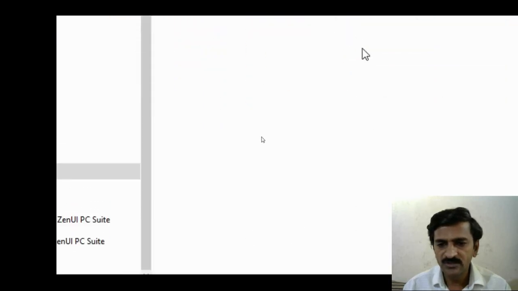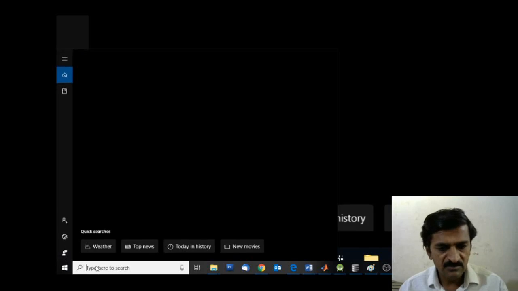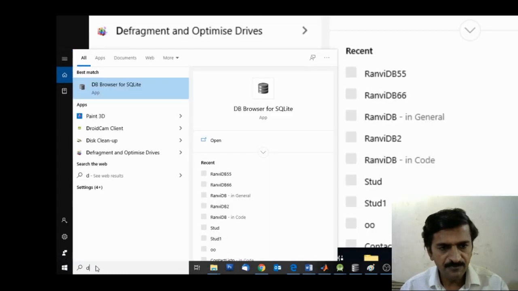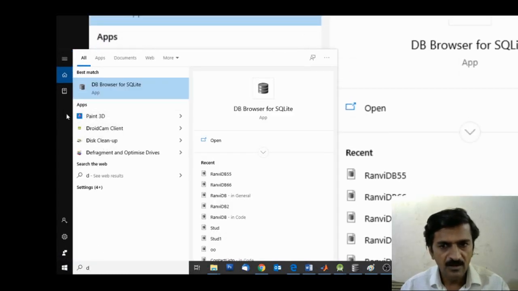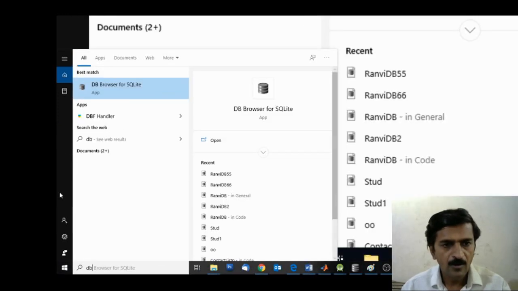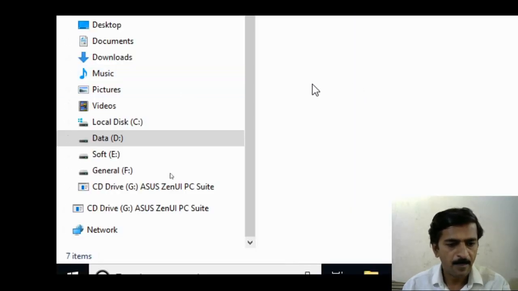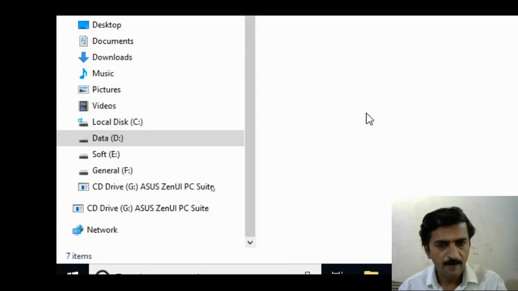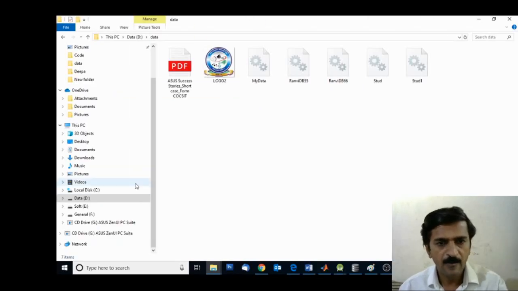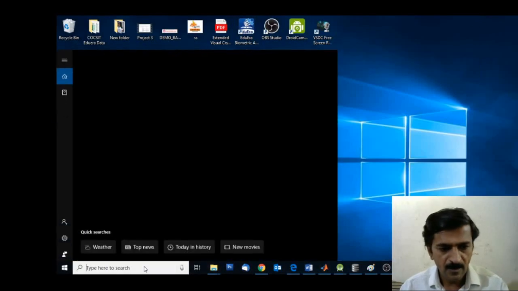Now we can open this file with SQLite browser. I am choosing the DB browser here.